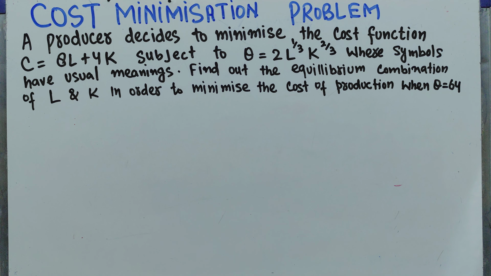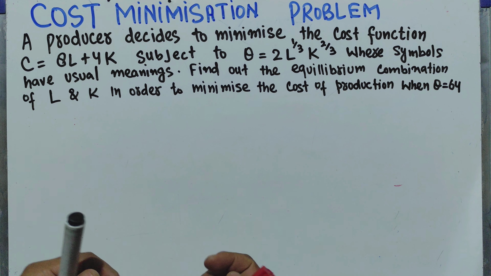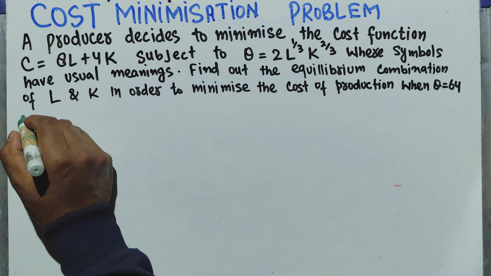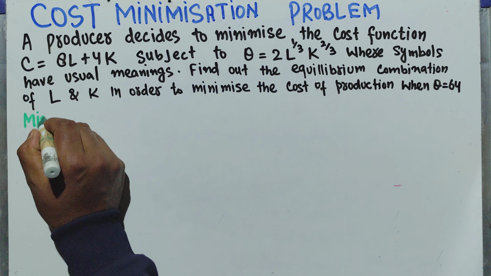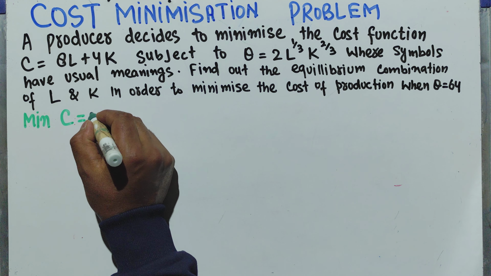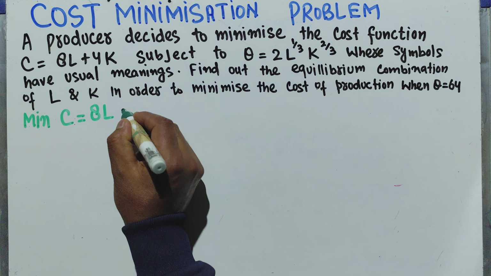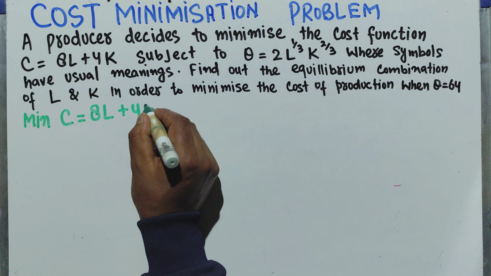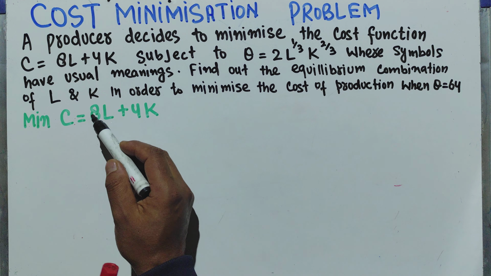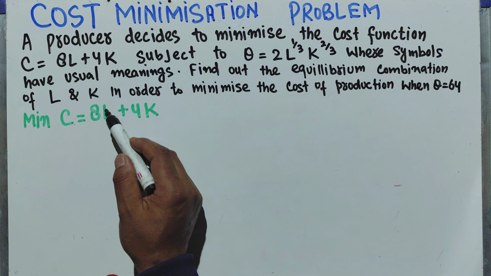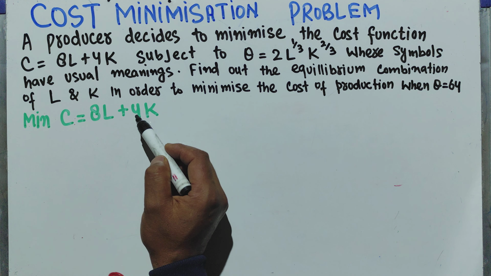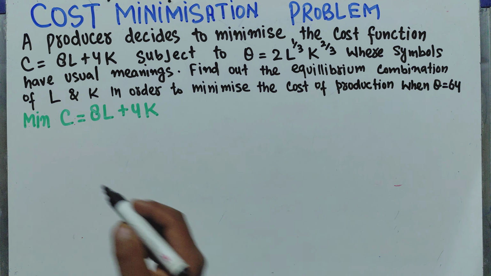is equal to 64. So this is actually the cost minimization problem. What we are supposed to do here is minimize the cost C = 8L + 4K. Now what does this mean? 8 denotes the price of labor, L denotes labor, K denotes capital. So 8 denotes the price of labor, 4 denotes the price of capital. We want to minimize the cost subject to the